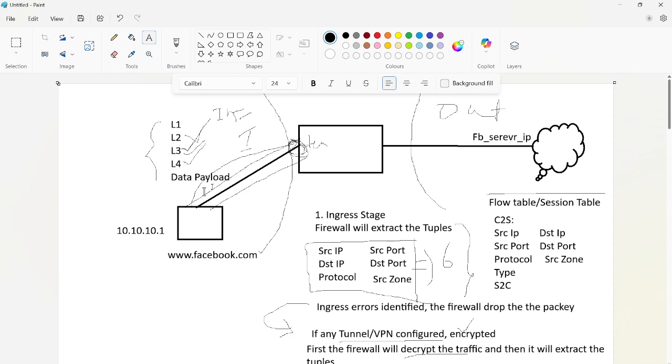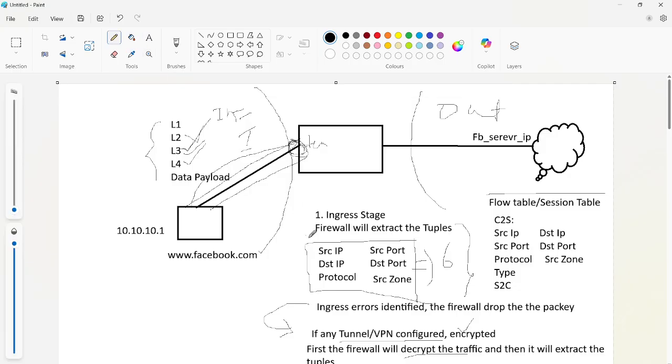Whenever this traffic reaches the firewall, it extracts all these tuples: source IP 10.10.10.1, destination IP the Facebook server IP, a random source port, and the destination port. It is HTTPS traffic, so the port number is 443. The protocol is TCP, protocol number 6, and the source zone is inside.